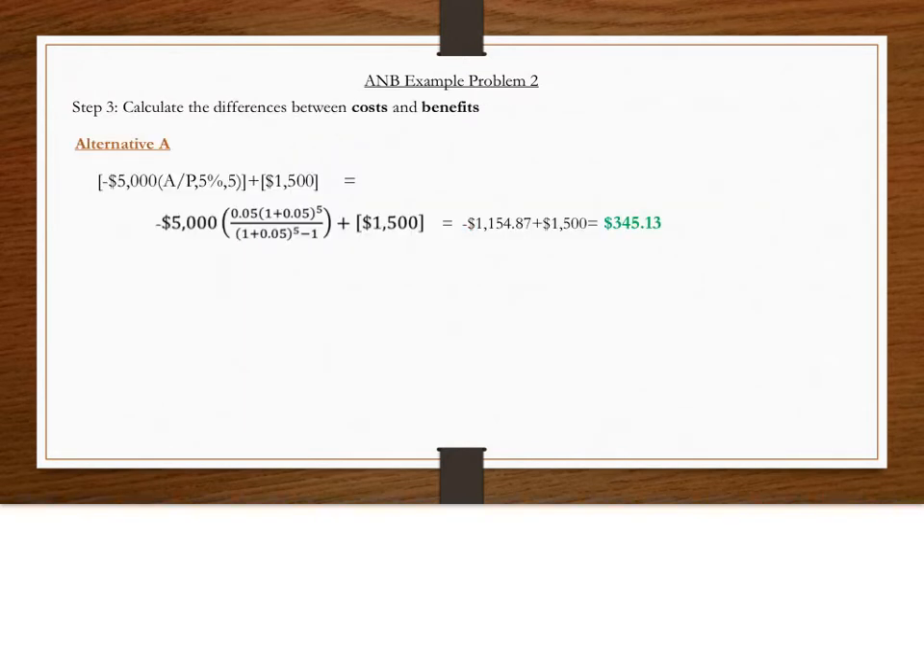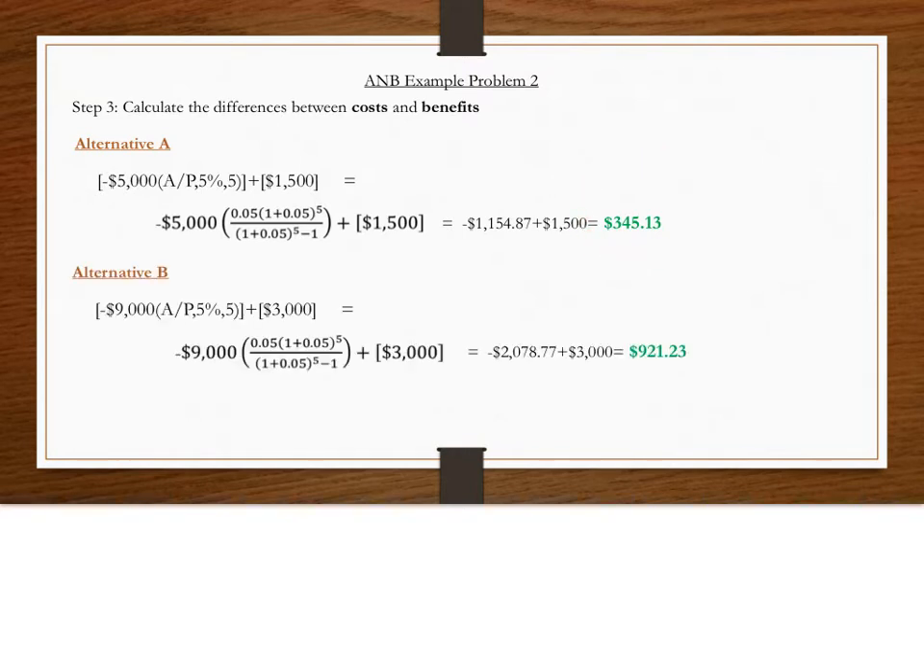Now, the difference here is that we convert the costs and benefits into annual series. So for alternative A, we take the $5,000 capital cost and convert it into an annual series using the capital recovery equation. We keep the $1,500 net benefit as is, since it is already in terms of an annual series. We end up with an annual net benefit of